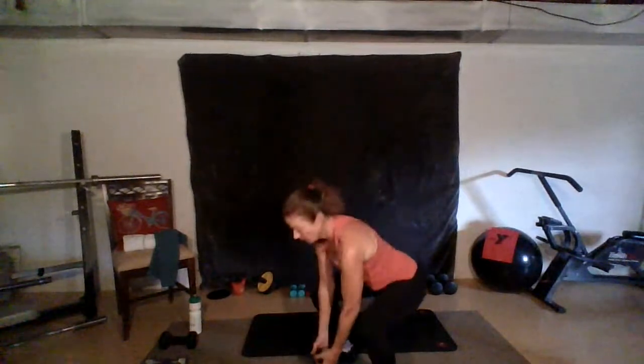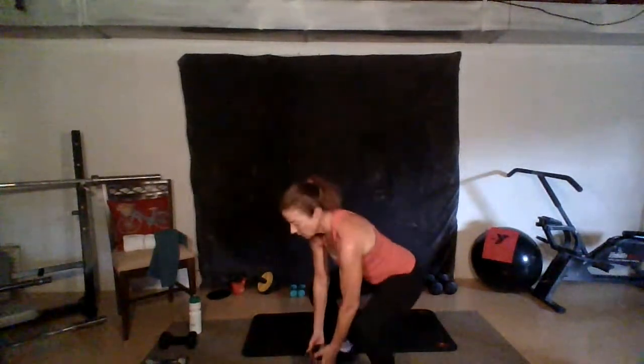1. Squeeze the glutes at the top. 2. 7. Push against those feet. 11 and 12. We're just going to put the weight down by our sides, and we're going to do a